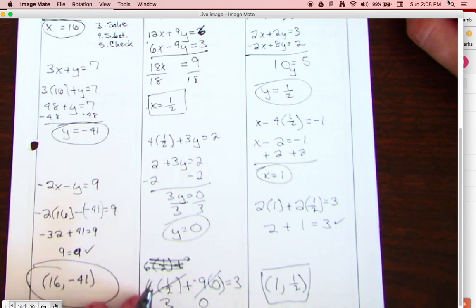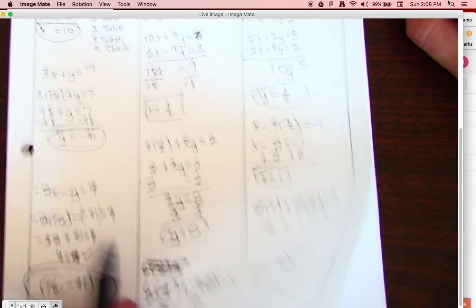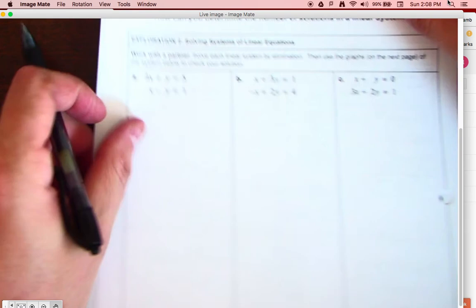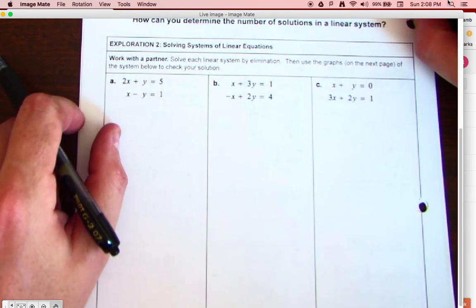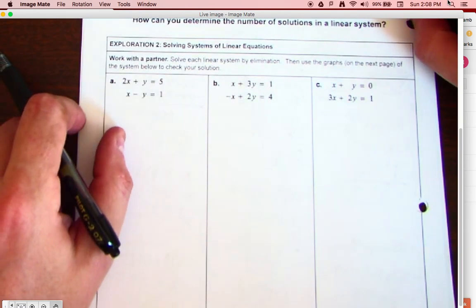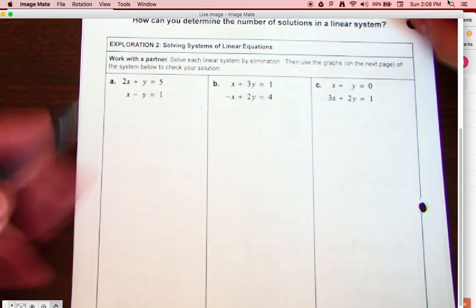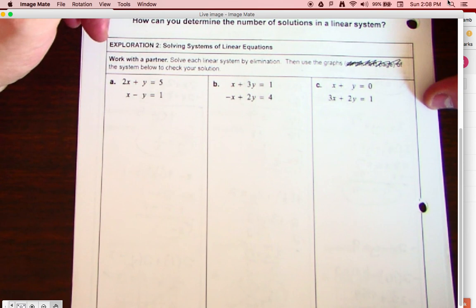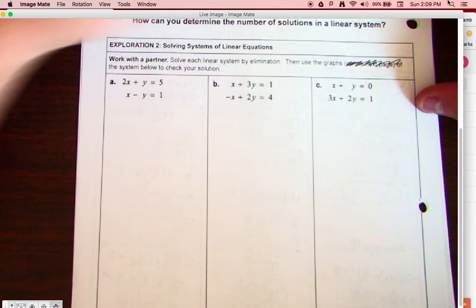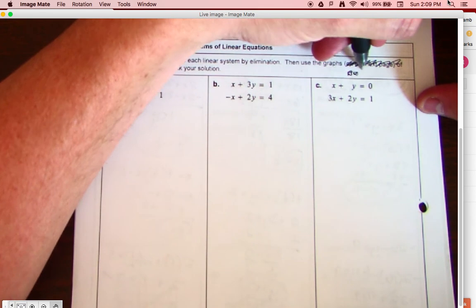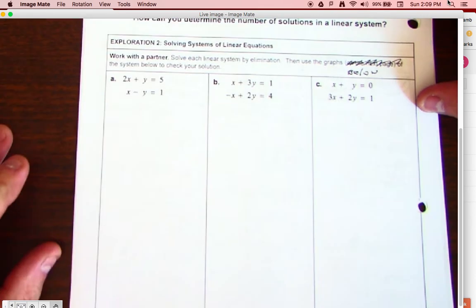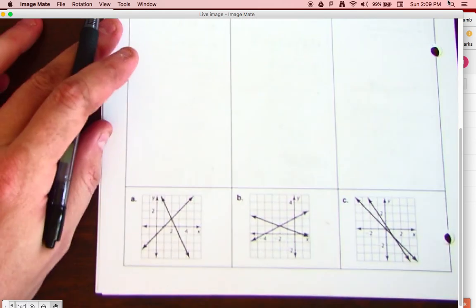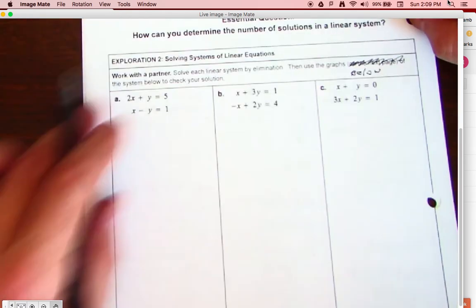Voila! Alright, from here now, what I want you to do is do these problems right here. So do exactly what I did. If you have opposites, take care of it and go through that 5-step procedure. It does say up in the instructions to use the graphs on the next page. Just change that to below. I was able to get them all on the same page. So then once you have these equations and their solutions, see where they match up down here. So just list